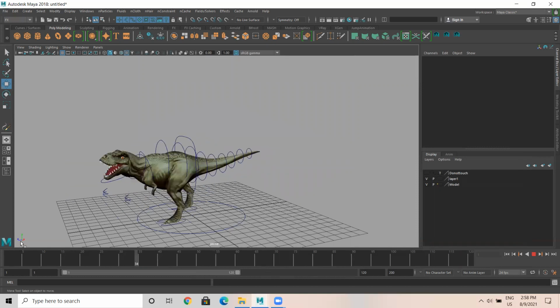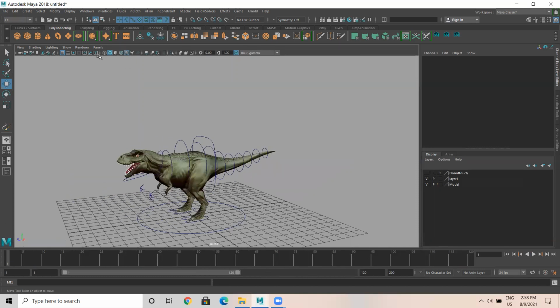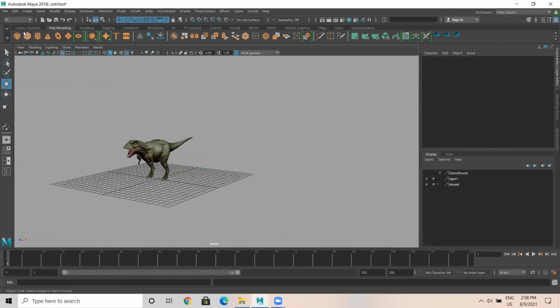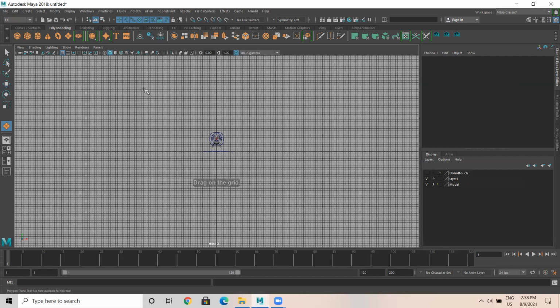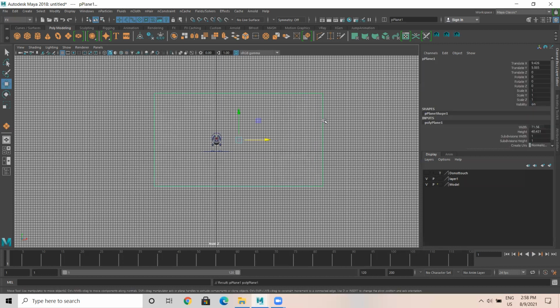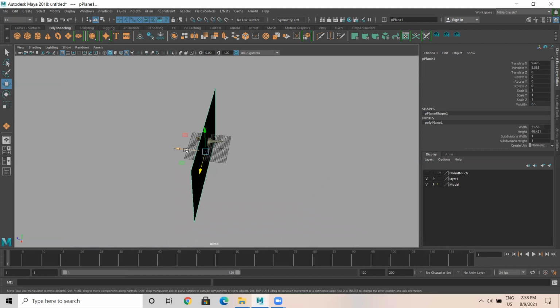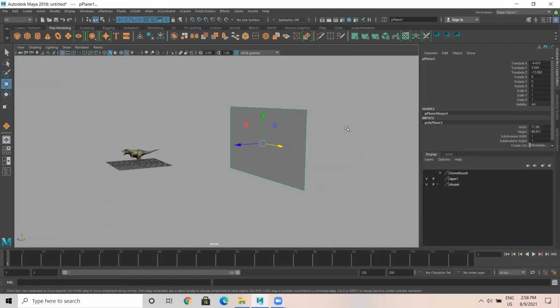For time being, I just turn off the curves and all. Let me create a plane in front view, something like this. I'm gonna place this here, and I go to FX.